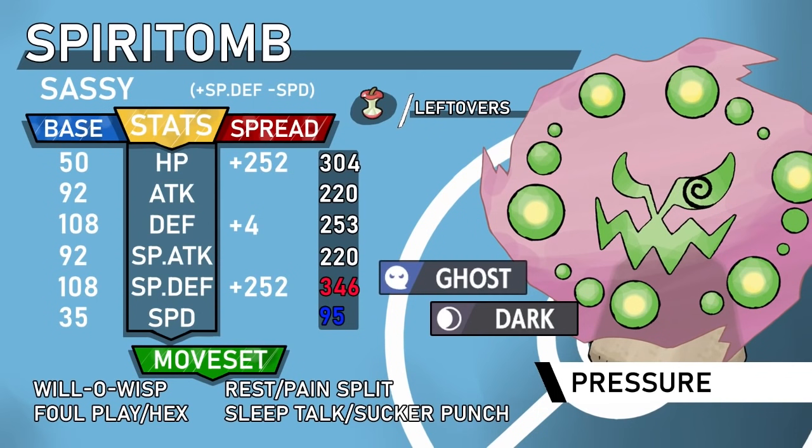Now your way of recovering is up to you. You can use Rest or Pain Split. Rest, obviously you'll be asleep for 2 turns, but if you go Rest, you can go Sleep Talk, which means that you can still attack in those 2 turns with both like Will-O-Wisp and Foul Play or Hex or whatever you're doing. However, if you don't want to go Rest, maybe that's not your thing, you can go for Pain Split